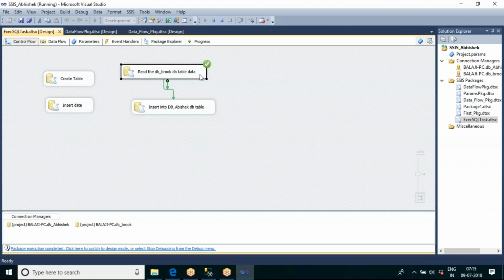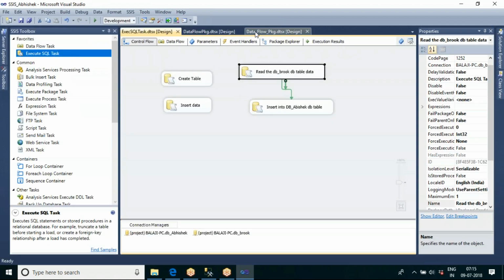We have asked to execute that task alone. But my requirement is that after reading the data, it has to continue with this one. If I execute at the package level, there are two other tasks, no? So those two also will start executing, but I don't want that. I want only these two to execute separately. In that case, we have an option called the container option.